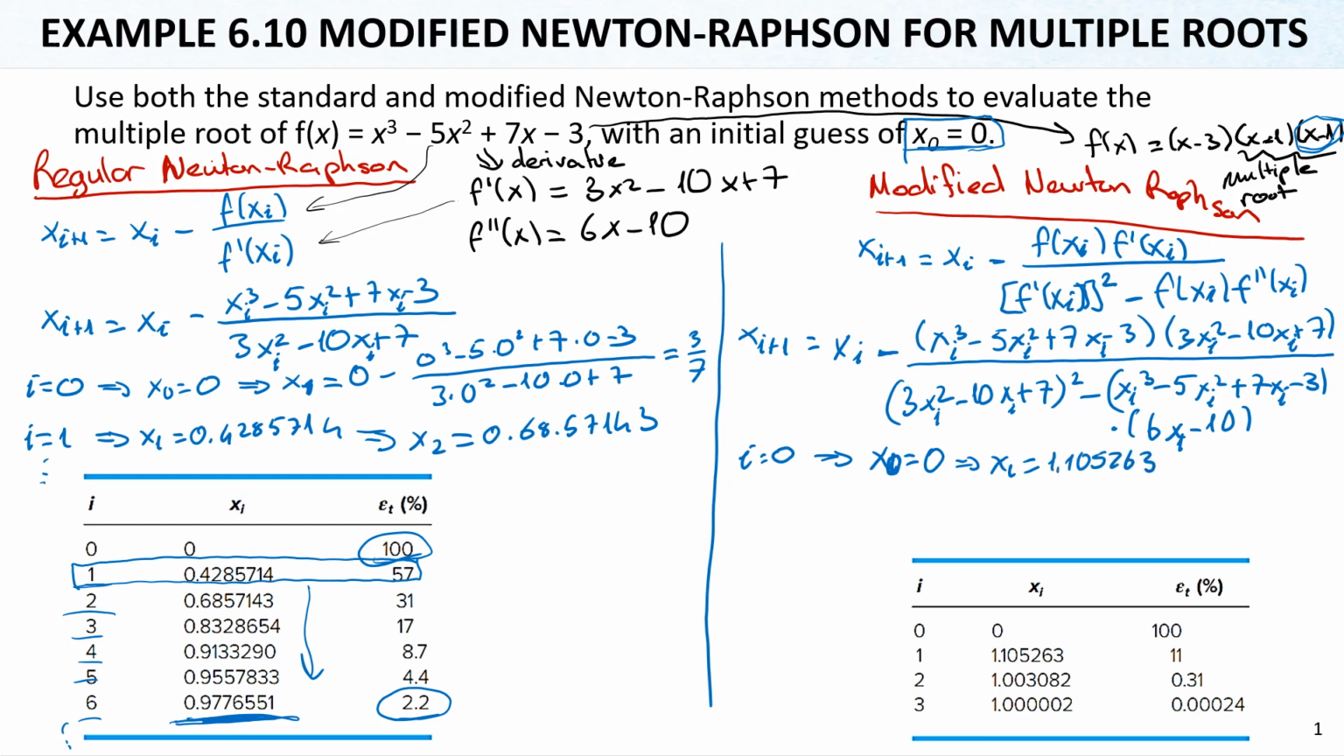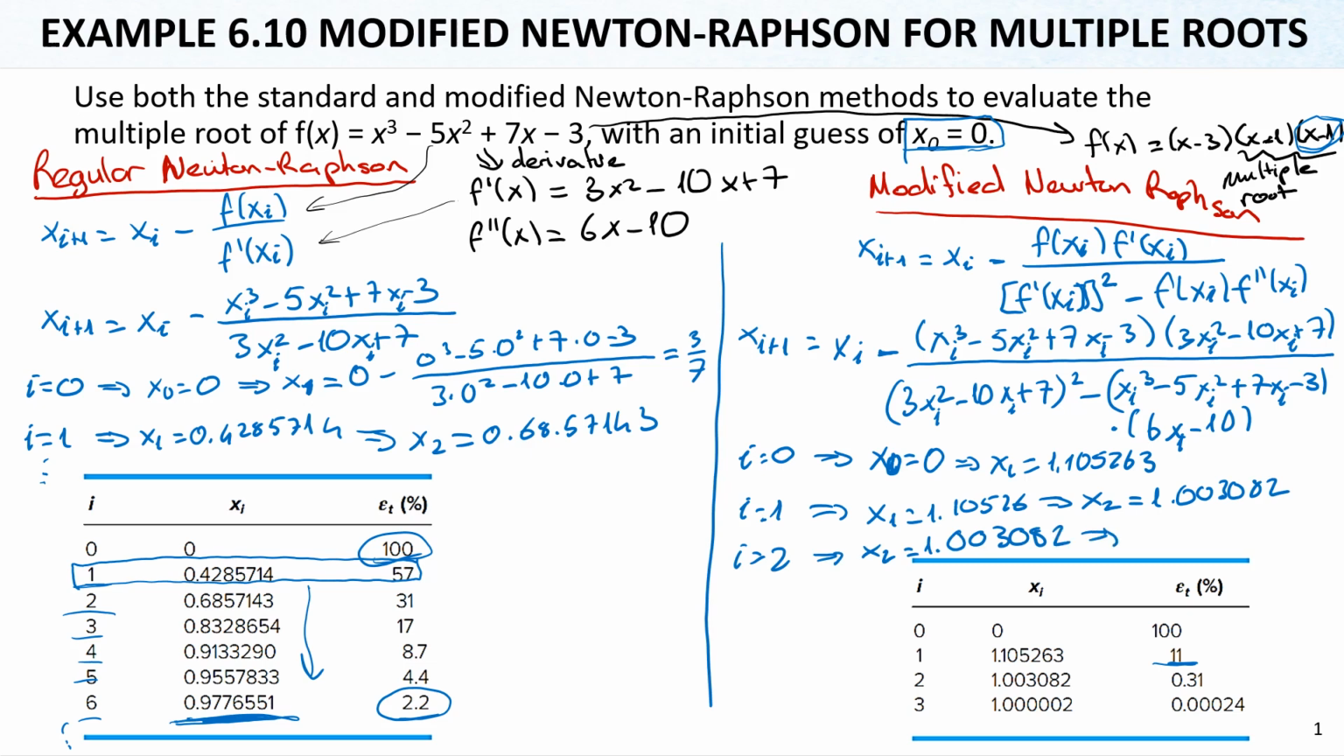1.10526. You can make the calculations, I will not. And the error becomes this with this value. Then i equals 1. x1 is this, 1.10526. Then we will calculate x2 here, and it becomes 1.003082. And for i equals 2, x2 is